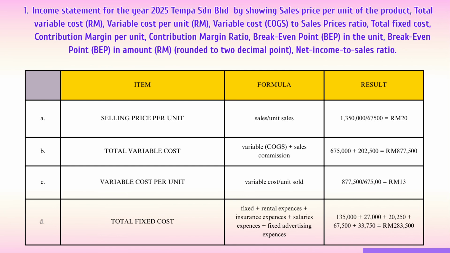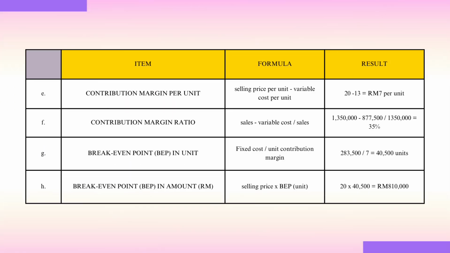We will get the amount of 283,500 ringgit. So for the contribution margin per unit, we are going to take selling price per unit, which is